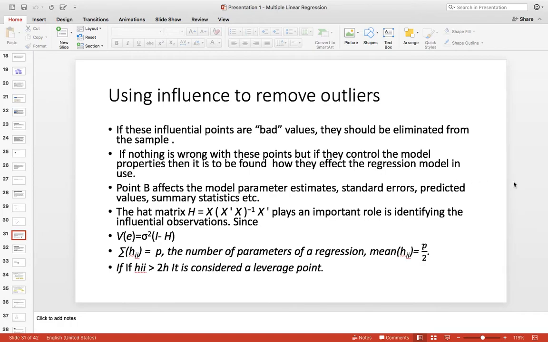The mean of H will be calculated as P divided by n. If an individual h_ii in the diagonal elements is greater than twice the mean of H, it is considered a leverage point.